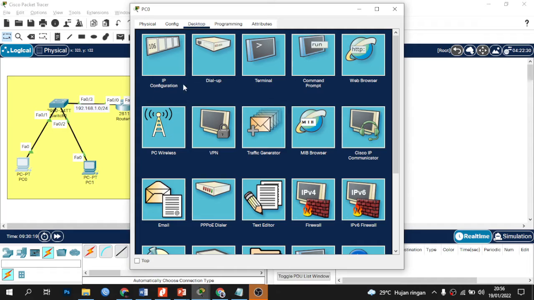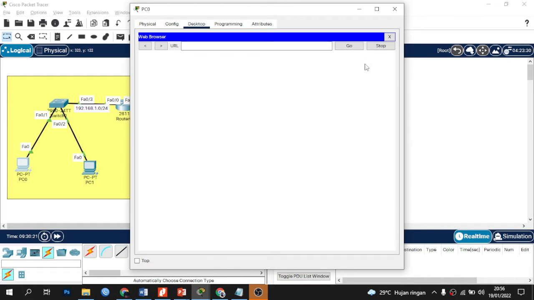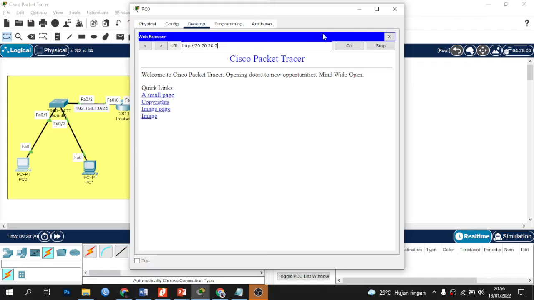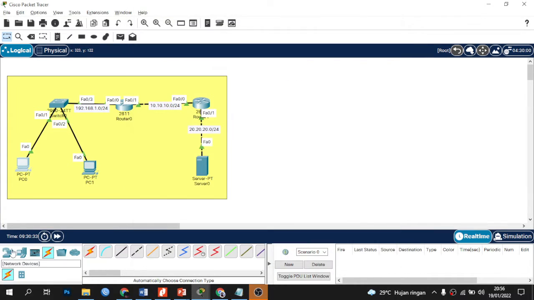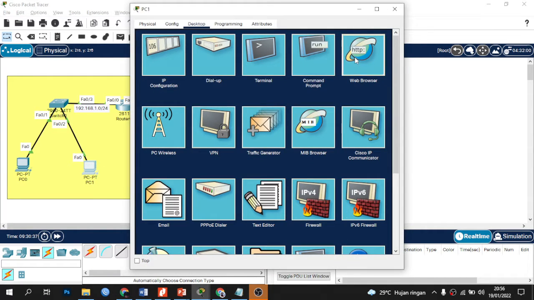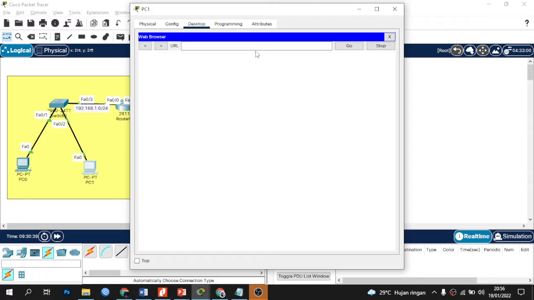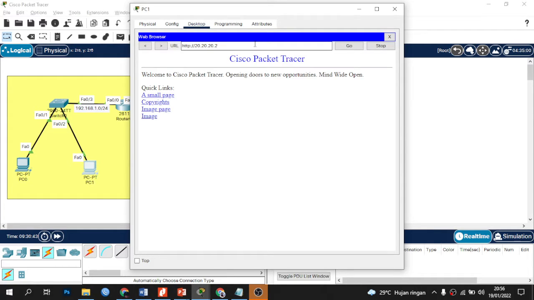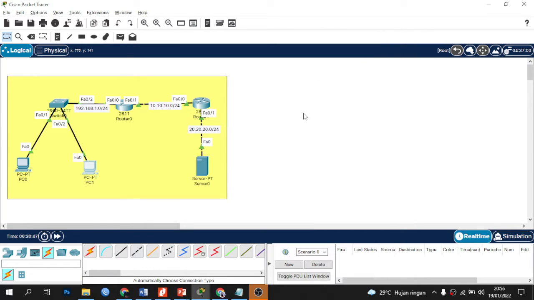Let's try accessing the server web browser. On PC 0, type the server IP, enter. PC 0 can access the server web browser. On PC 1, web browser, type the server IP. PC 1 can access the server web browser.